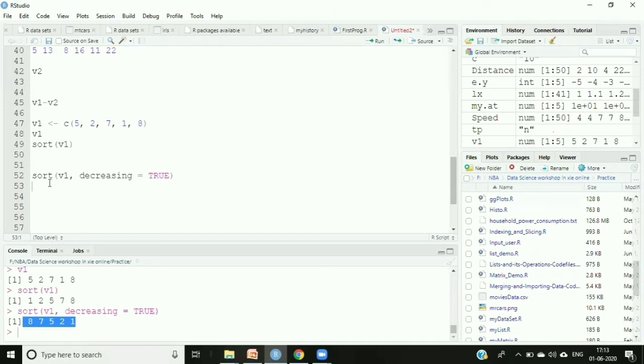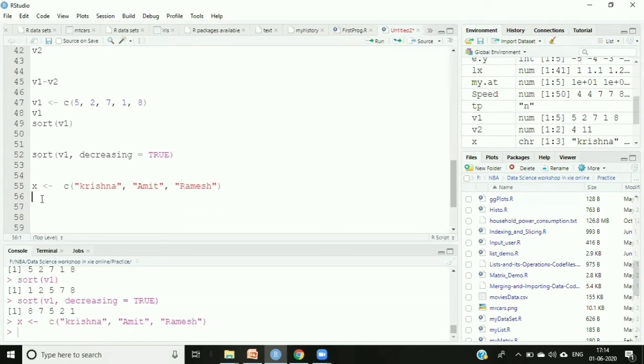Suppose we are having the entries like this. Let's say I'm having c, certain names. So these are the names of few people.